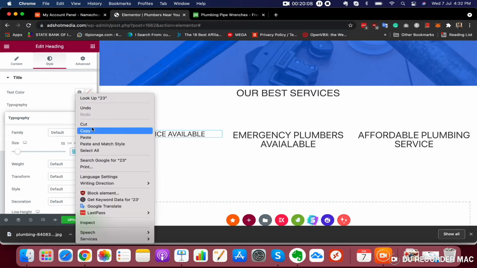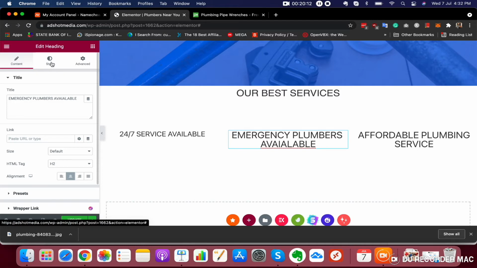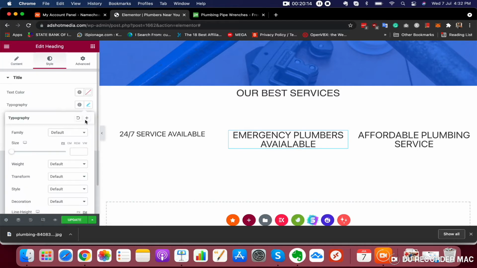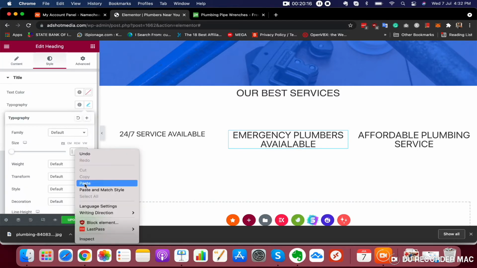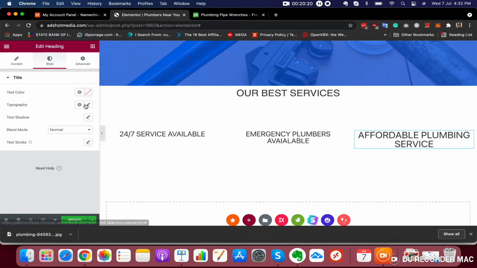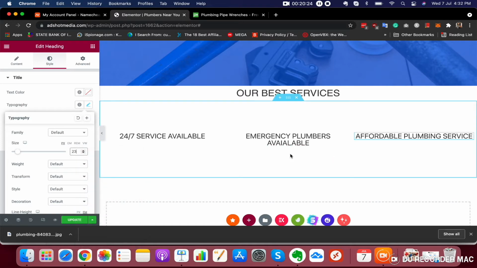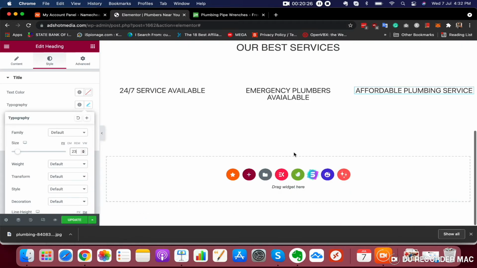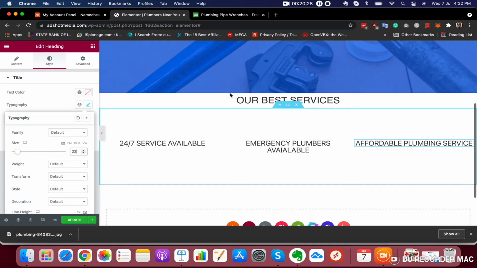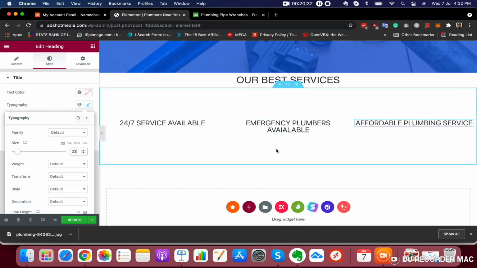Just copy this, so go here, click style, typography, and just paste 23. Similarly here, style, typography, and 23, right? So you can see this is looking fairly good, right?